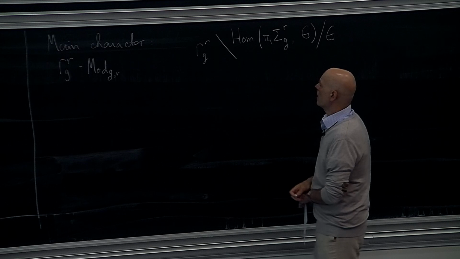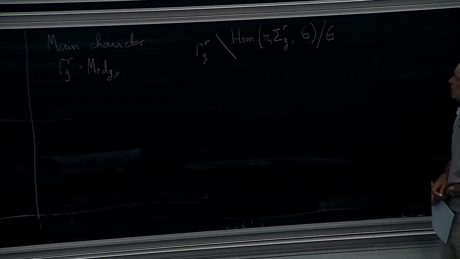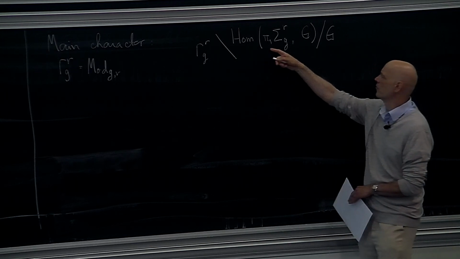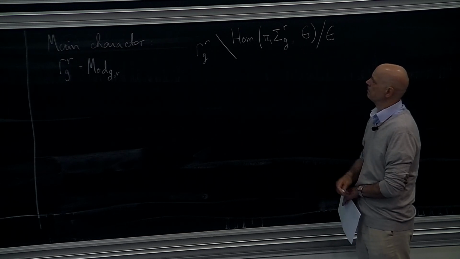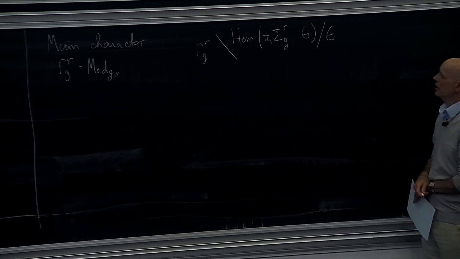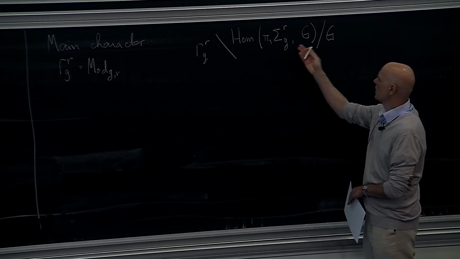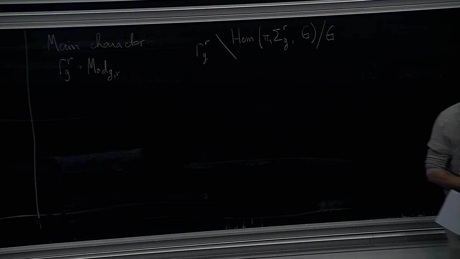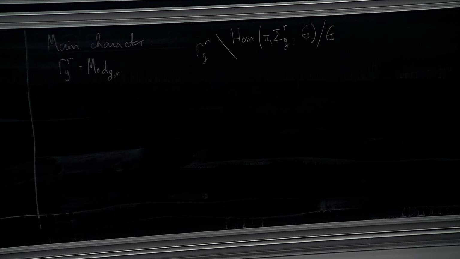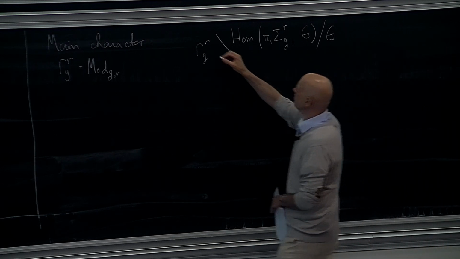This is acting by precomposing on the left by automorphisms of π1 which respect the conjugacy classes of the punctures, and everything is well defined up to inner automorphism because we have the right action by conjugacy. So this is a main object,